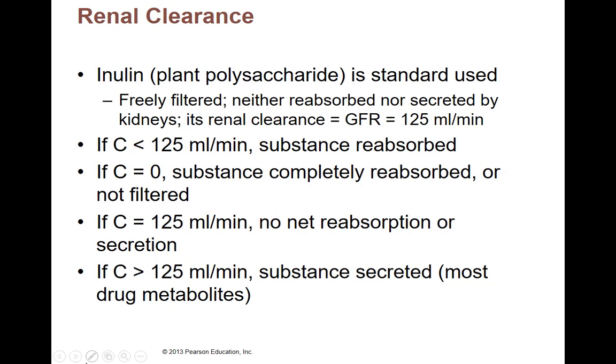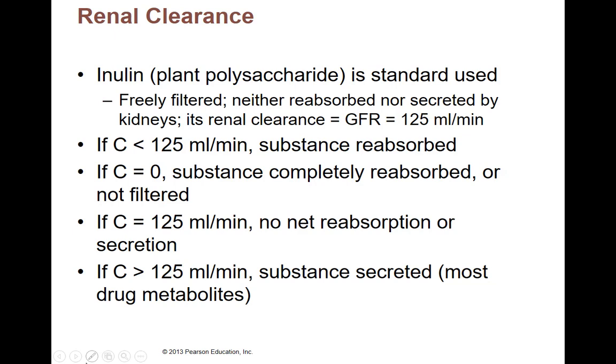We don't secrete it. So whatever's in your blood supply is going to get filtered and leave. The renal clearance for this particular substance is that we can clear 125 milliliters every single minute. So if you've got healthy working kidneys, everything's getting filtered, there's no damage to your glomerulus, we can filter this particular